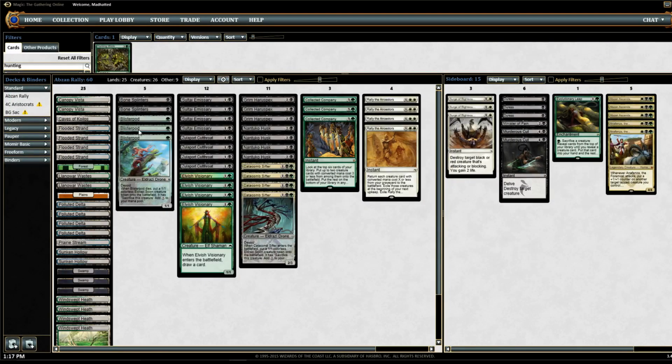Today I'm doing a deck tech on a deck I've been playing in Standard for a while now, and I think it's been pretty good so far. We're about a month into Battle for Zendikar Standard. The format has evolved over the SCG, the Pro Tour, and the various events we've had with Standard. But the deck I'm going to be showing you guys today is an Abzan Rally the Ancestors deck, which kind of tries to abuse